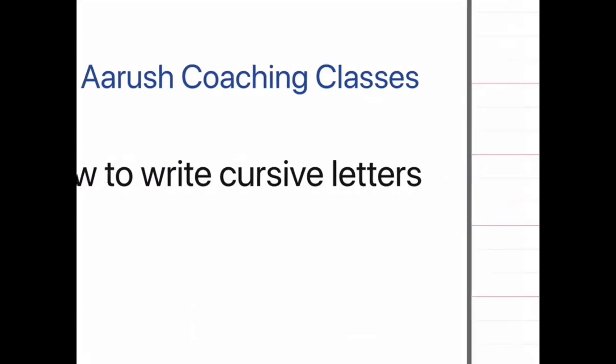Alright, so let's start. Now when you have your English copy, you have these 4 lines. We generally say an English copy or a 4-line copy, whatever you want to say. Now see the top line, this first line. The name of this line is nothing but the capital line. This is the first line.